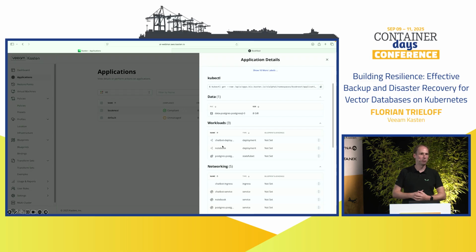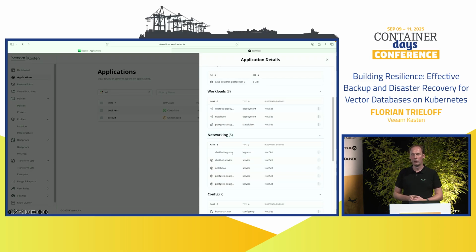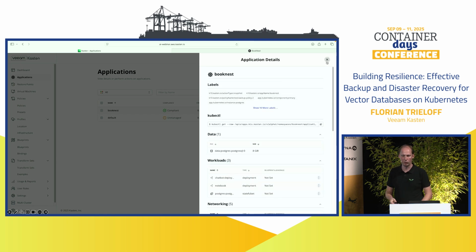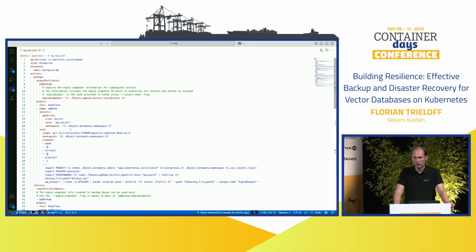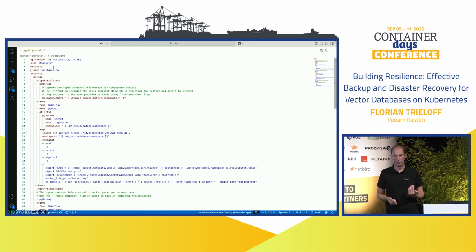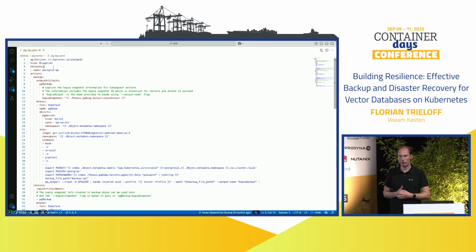The one idea would be just snapshotting. Just creating a snapshot, and hoping that your database will come back up with all the components here. For sure, this is possible, but a database administrator would not really like it. So we want to do it the native way, how we can back up a Postgres database, and therefore we will use a Kanister blueprint. Kanister is an open source framework. It's a CNCF Sandbox project.